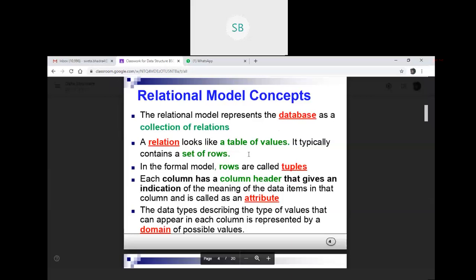Suppose in the first row we are using the date in the dd format; in that format only we can enter, and this is known as atomic. This certain set of values is known as the domain. Every integer will have its own domain, and similarly varchar will have its own domain. The data type describing the type of values it can contain is known as the domain.